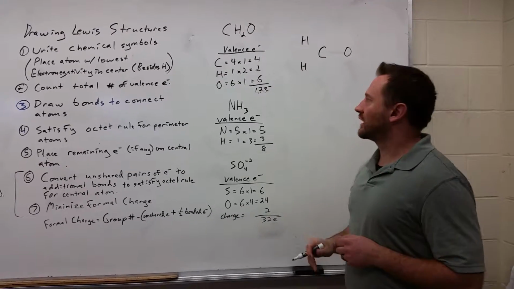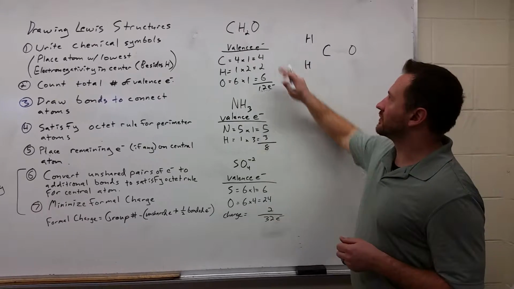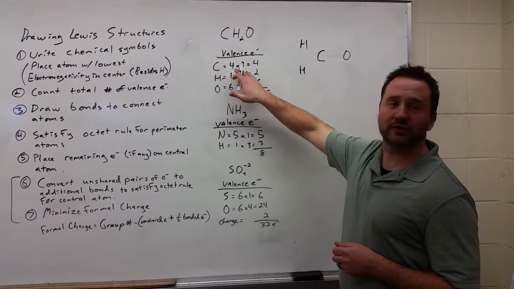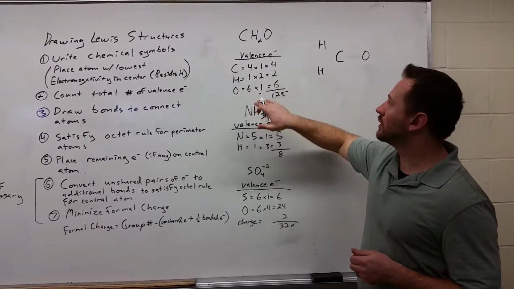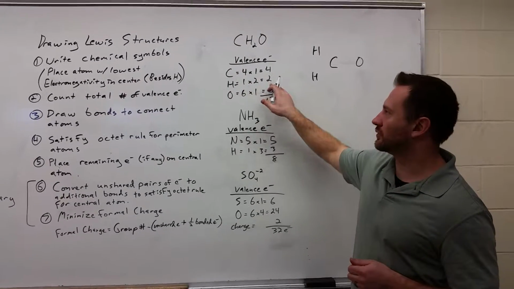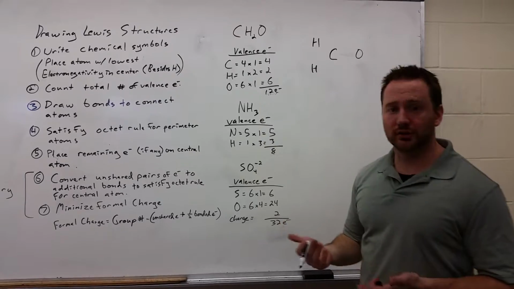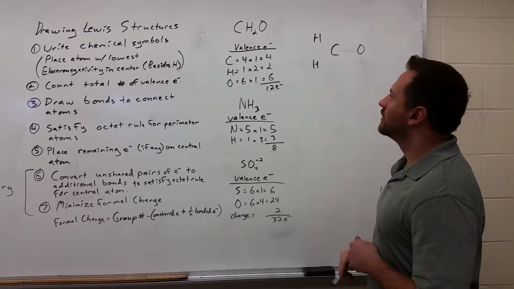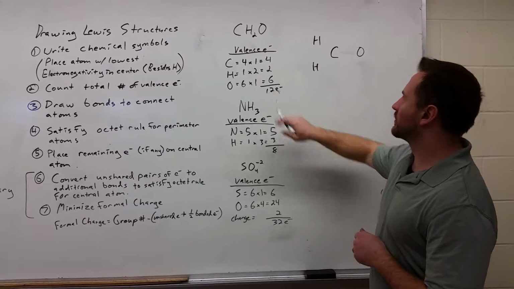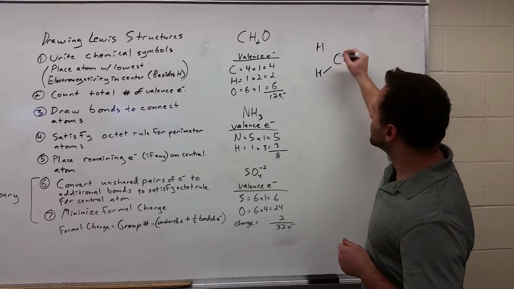Then what we're going to do is count up the total number of valence electrons. In this molecule, you have carbon, which has 4 valence electrons because it's in group 4. Hydrogen with 1, you have 2 of those, so that totals 2. Oxygen's in group 6, so that has 6 valence electrons, you have 1 of those. So now we have 12 valence electrons to work with, and what I'm going to do is draw bonds, which